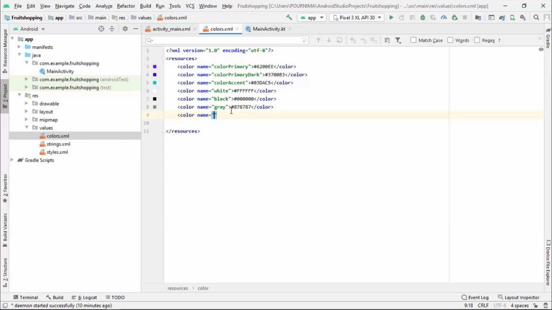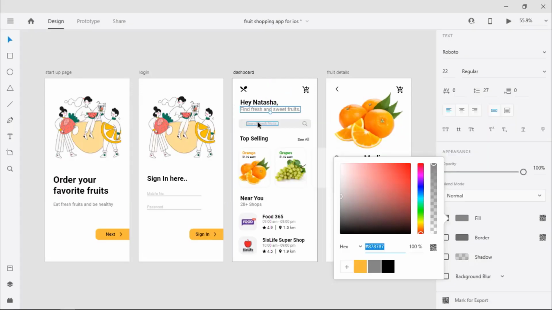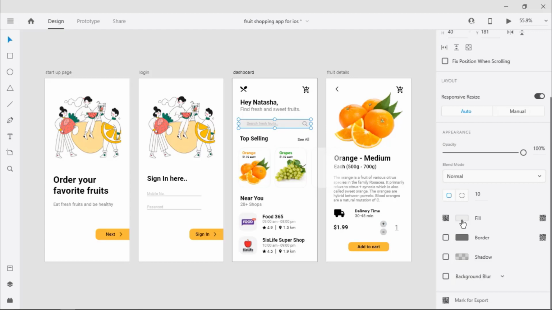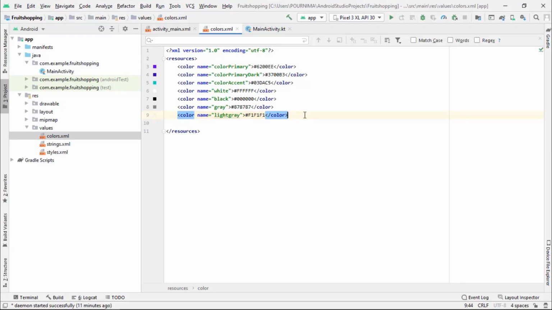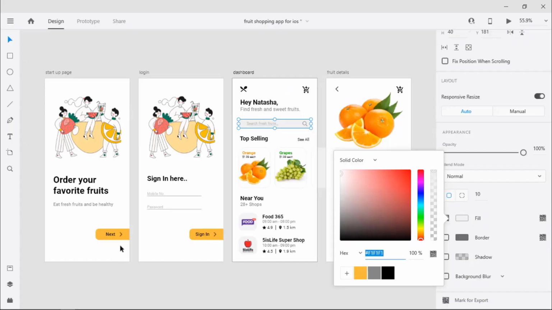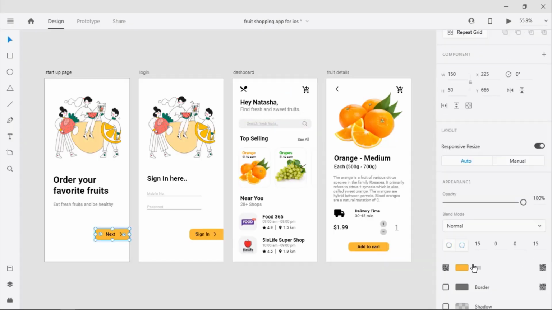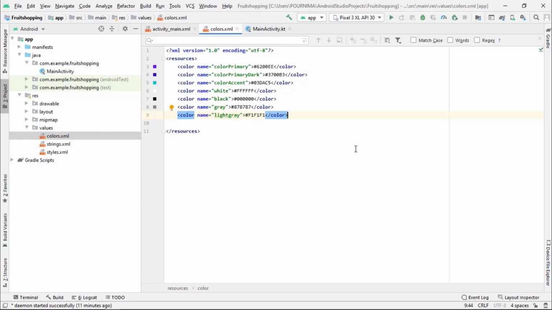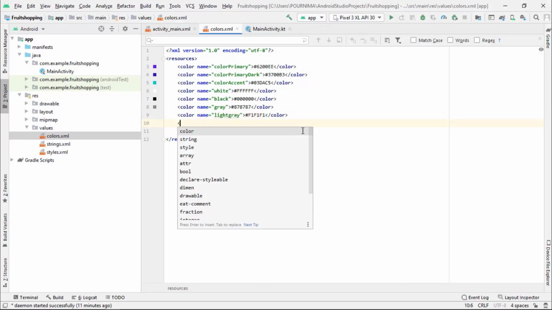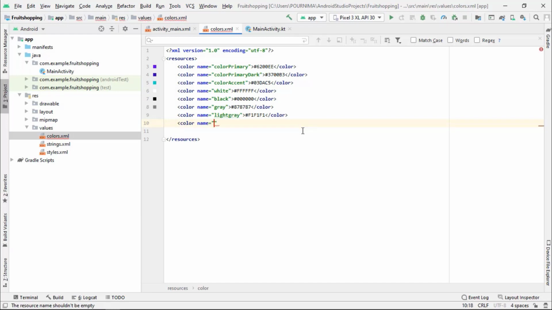Similarly for light gray, copy the code. Now we also need this yellow color, so let's copy the code for this color as well, and let's add it over here. So say color name yellow, paste the code.